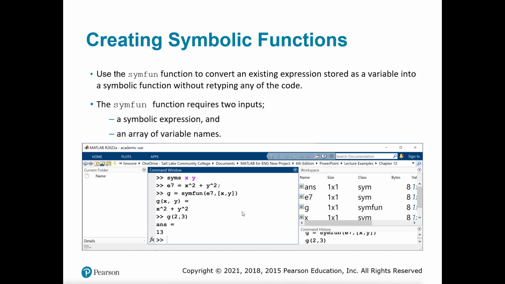So here we go. Creating symbolic functions. You can use a function to convert an existing expression stored as a variable into a symbolic function without retyping any of the code. So here we created symbolic characters a, x, and y. We created an expression E7, which is x squared plus y squared, and to make it a function,